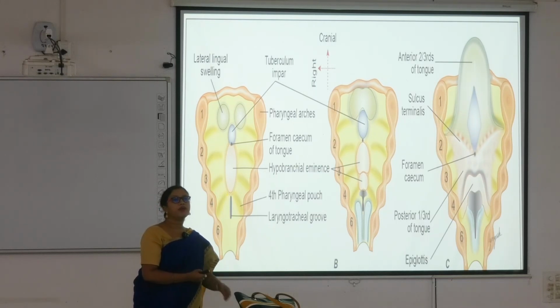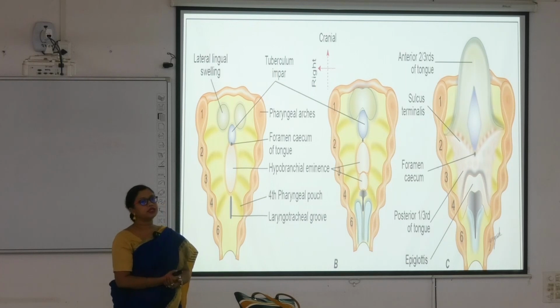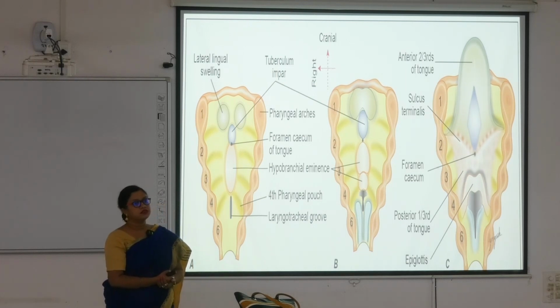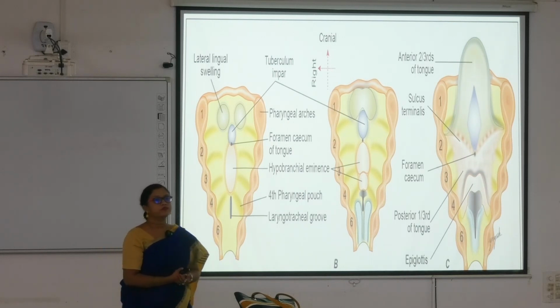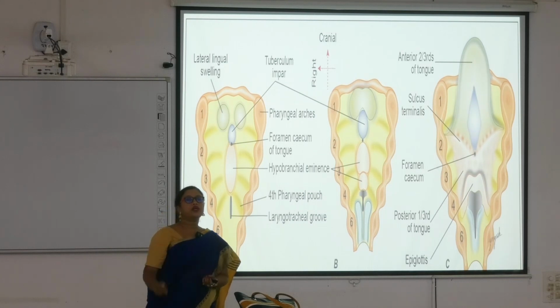What about the caudal part? You have read in the thyroid, which cartilage develops from the caudal part of the hypobranchial eminence? Epiglottis. The caudal part forms the epiglottis. The cranial part forms the posterior 1/3. And how was the anterior 1/3 formed? Write it down: anterior 2/3 of the tongue